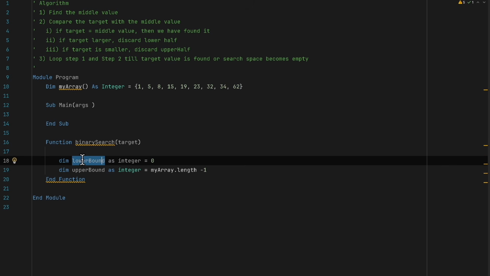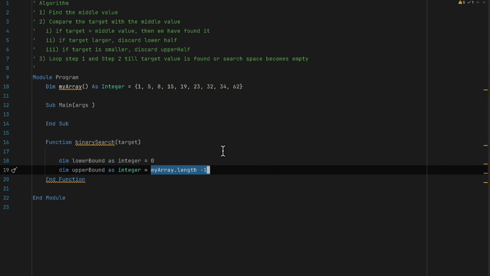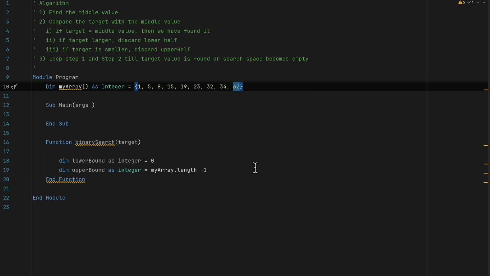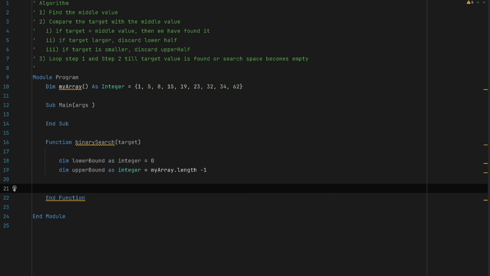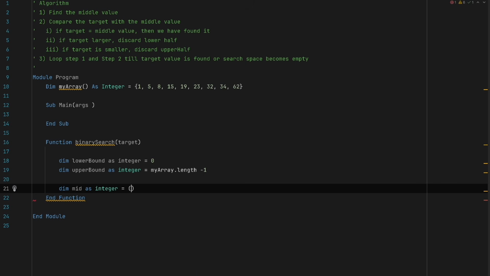So the lower bound stores the index of the first element in our searchable range, and the upper bound stores the index of the last element in our searchable range. Okay? And now, in order to get the middle value, we will need to find the index of the middle value. So dim mid as integer equal lowerBound plus upperBound